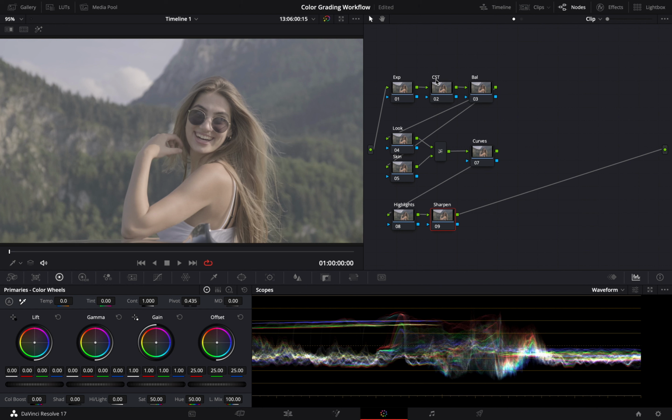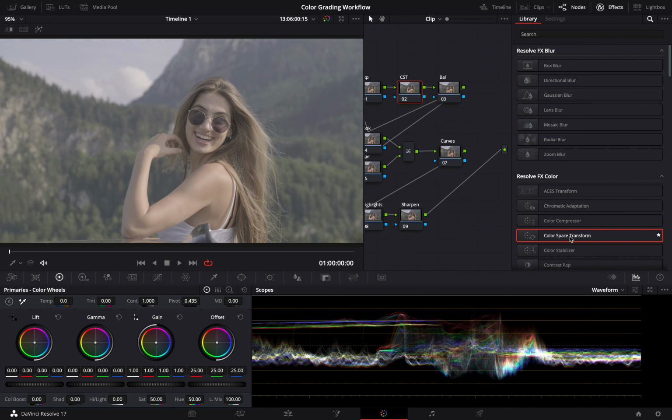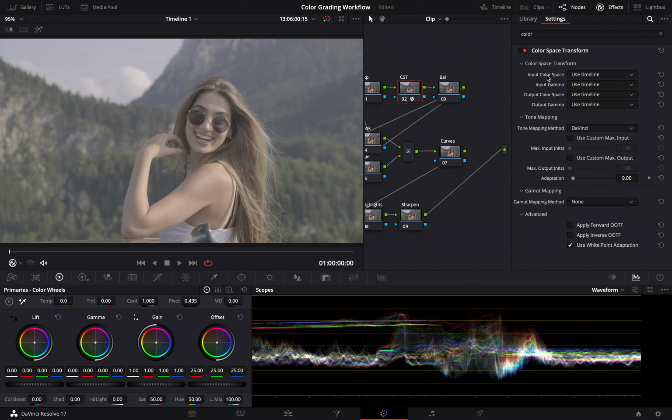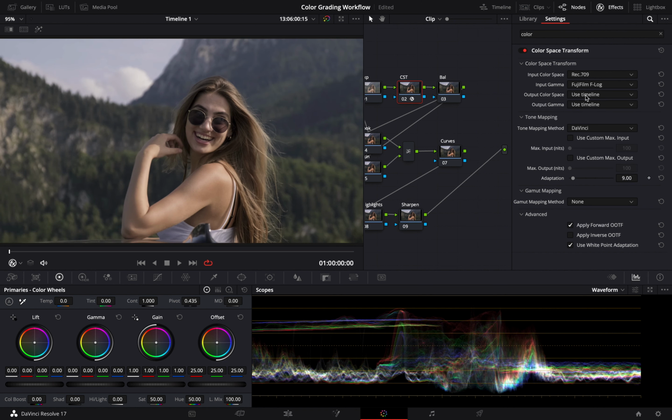So for optimal results, apply a color space transform effect or an official conversion LUT from your camera manufacturer. Under the effects panel, look for color space transform and drag it on your second node. This footage was shot on Fuji X-T3, so for my input color space I'll be choosing either Rec 709 or Rec 2020, and for my input gamma I'll select Fujifilm F-Log. Make sure to find out the specifications for your type of camera beforehand. For my output color space, I'll select Rec 709, and for the output gamma, I'll choose Gamma 2.4, since we're